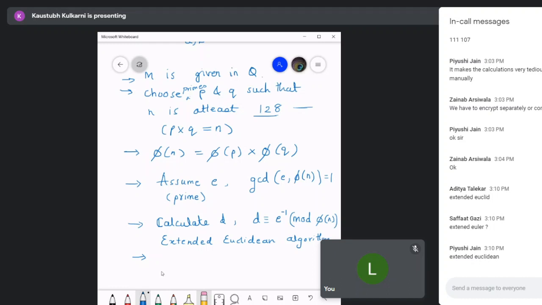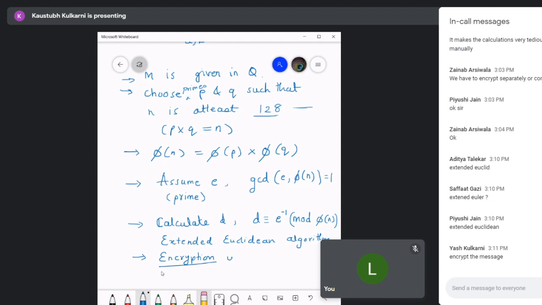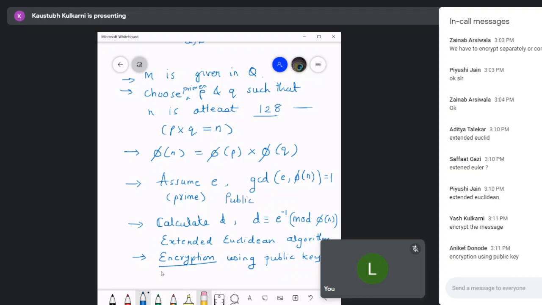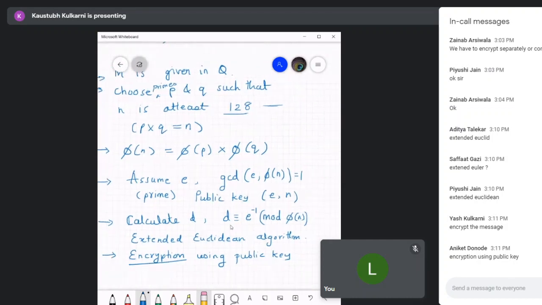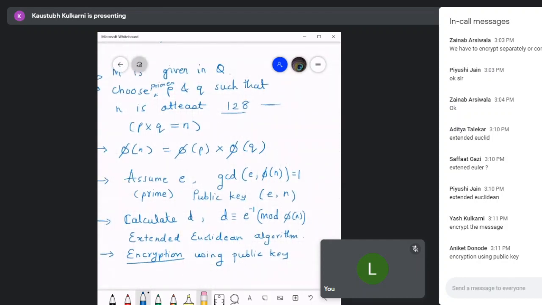Now we'll encrypt, using the public key. At this stage you have the public key. The public key is nothing but E and N, and the private key is D and N. This is the private key. Encryption using the public key will be m raised to E